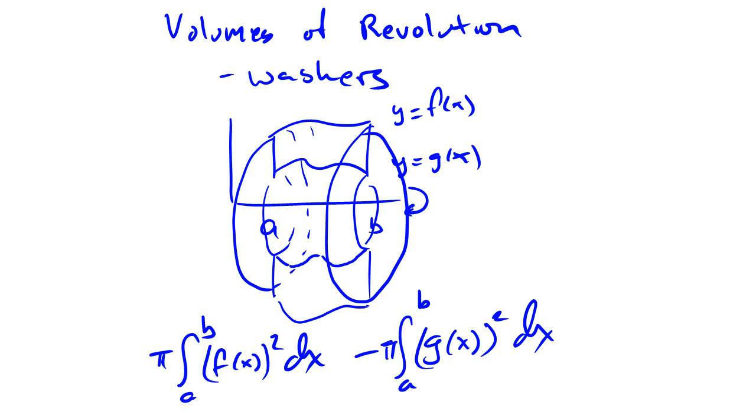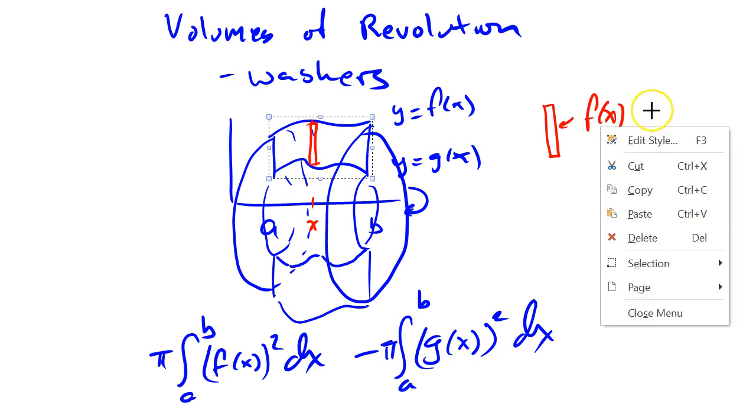in later chapters. So I'm going to grab another color here and say, I want to think of this in terms of little rectangles. That is, for each value of x between a and b, I want to draw a little rectangle here. The top of the rectangle is determined by y equals f of x. The bottom of the rectangle is y equals g of x. So the height of that little rectangle is the difference between the y value there and the y value here. The y value on the top is f of x, and the y value on the bottom,